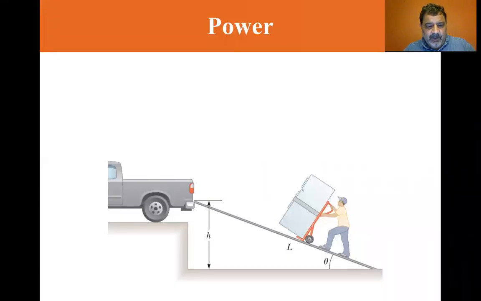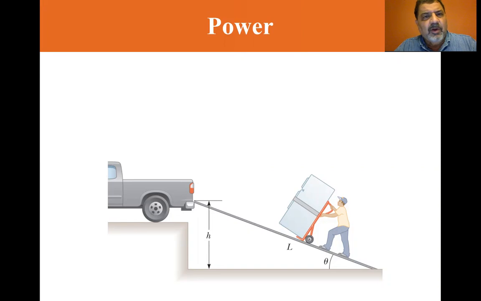All right, we are on the last section, section 8.5, power. Let's look at the figure. This is actually a return to example, I think it's example 7.7. And in the figure, a man rolls a refrigerator up the ramp into the truck, but the man's not convinced